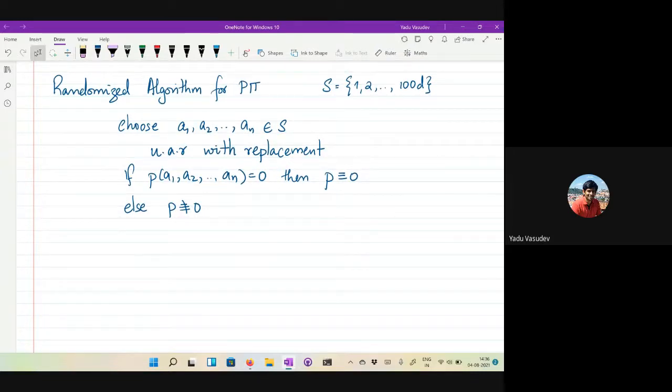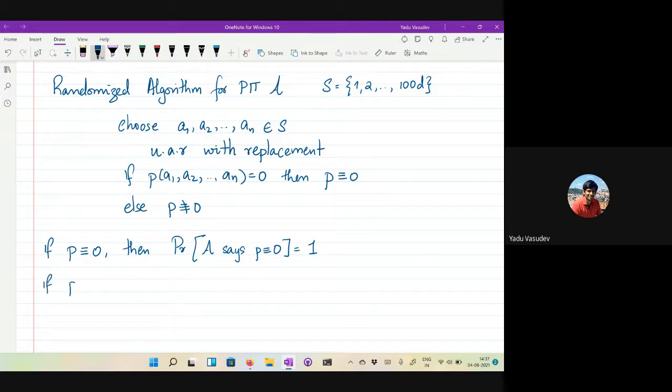And it turns out that the guarantee of this algorithm is also identical to the algorithm for the univariate case. Okay. So what it means is that if P is identically 0, then, so let's call this algorithm A. Okay. So then the probability that A says P is identically equal to 0, this is equal to 1, right? There is no error at this point. If you have the algorithm A, if P is identically equal to 0, then irrespective of which point you evaluate it on, you will get the value 0. So there is no error in the algorithm, right?